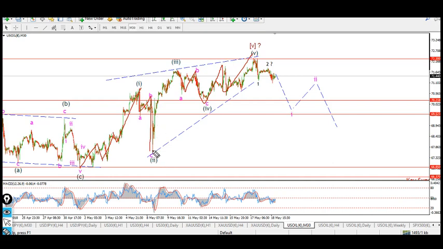Again, the bars are so close together. It's really hard to count that. You'd have to split it down into the 10-minute chart, and I'm not willing to do that right now. And needless to say, I do think the wedge pattern is still there. I think we're pretty much at